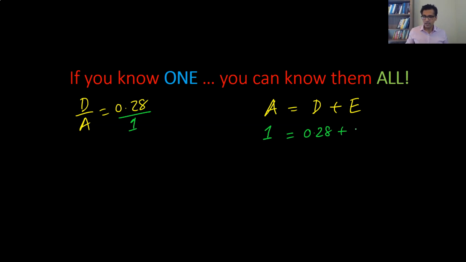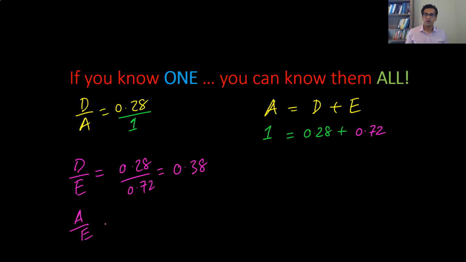Equity needs to be 0.72 so that it adds up to 1. Now you have all the ingredients to calculate all the other ratios. For example, the debt to equity ratio, well, you know it's 0.28 divided by 0.72, which if you do the math, I'll leave it to you to show that's 0.38 times, and the assets to equity or the equity multiplier is